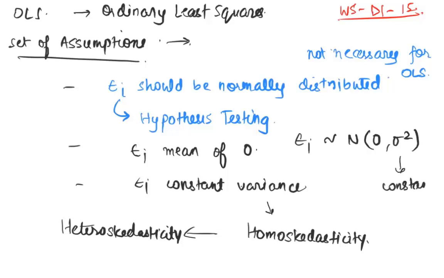It's not like the average error in the first 100 observations is around 100, and then in the next 100 becomes 300, and then it keeps changing significantly. So your variance of the error term should remain constant throughout. So the two assumptions that we made are that the mean of the error term should be around 0, and the variance of the error term should be a constant. Ideally, it should be normally distributed with mean 0 and variance sigma square.